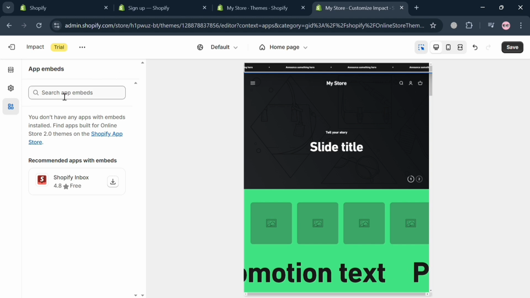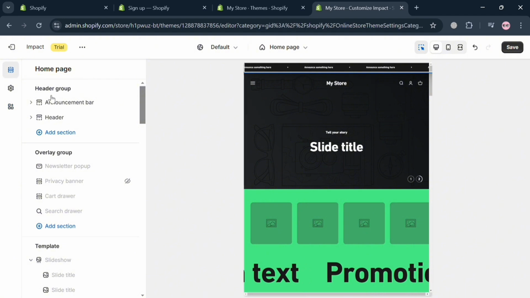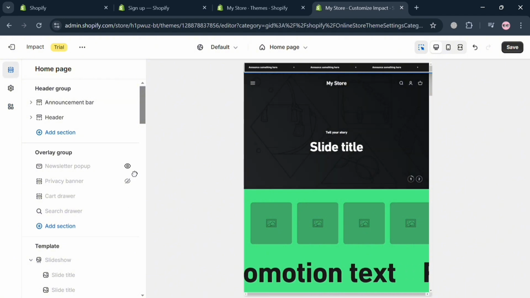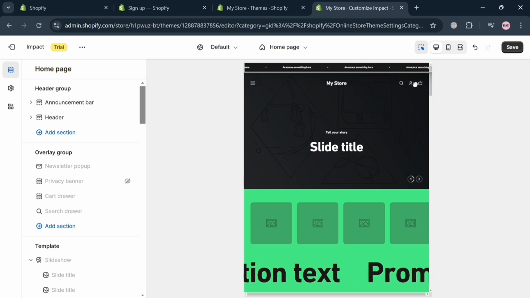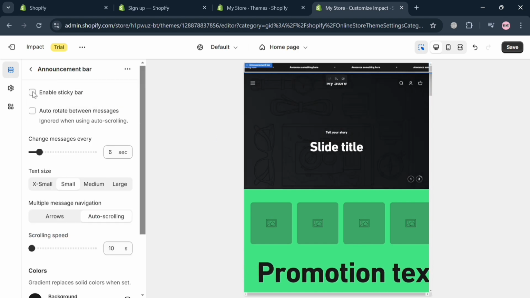Moving on the left side panel, we could also navigate these app embeds if you want to install or integrate other kinds of applications in our website. So again, going back on this homepage section, from here we could also navigate this overlay group, template, and many more. Now starting with this announcement bar, by clicking this one, we could also enable this sticky bar by checking